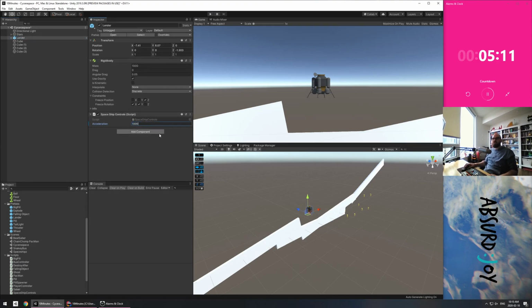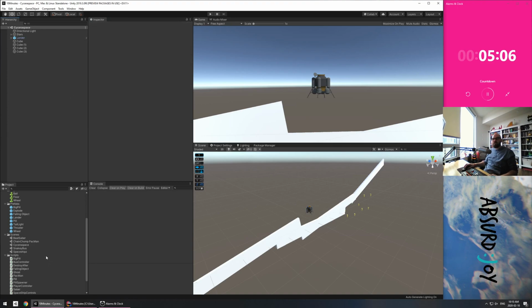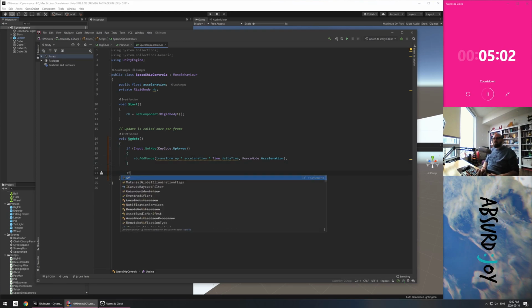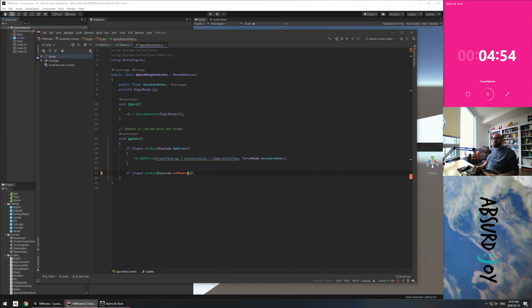That actually felt good. It felt weighty, and I think it's because the prefab came with a mass of 1,000. Okay, now I need left and right, and then I'm done. Maybe I do have time. Look, I have 5 minutes left. Left arrow. And...